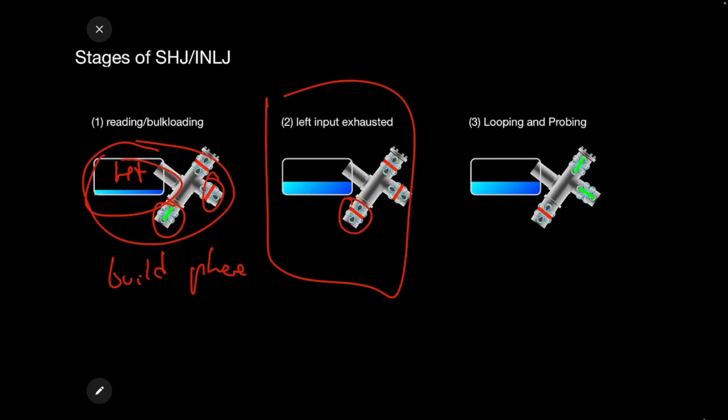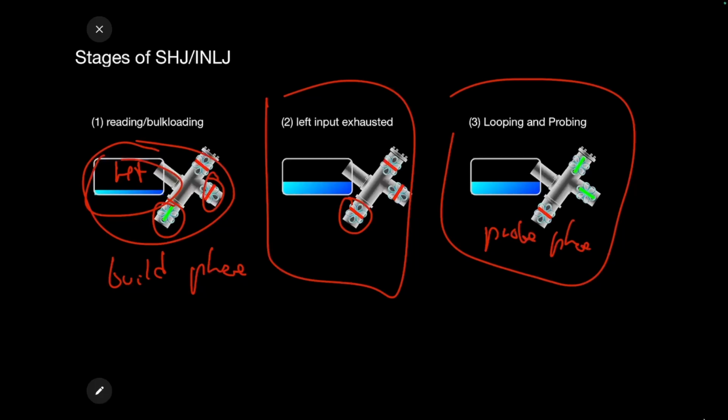And now comes the third phase, looping and probing. This one is also called the probe phase in literature. And here you see, this is closed, this is open, and this is open as well. The flow is really: here's a data tuple, you probe it against the hash table, and if it finds a match, you produce results and send those results directly up to the next operation. So probe phase, everything is good. Build phase, that can hurt. In particular, and we talked about that last time,